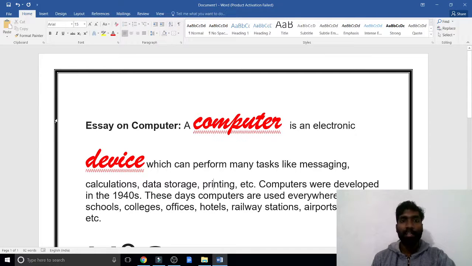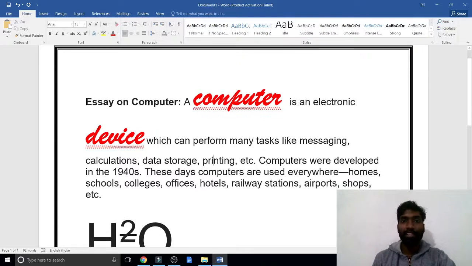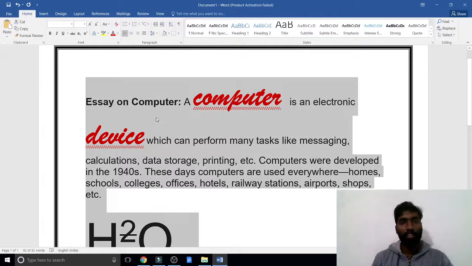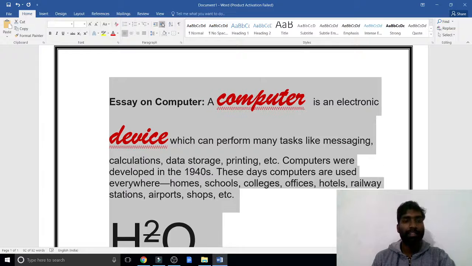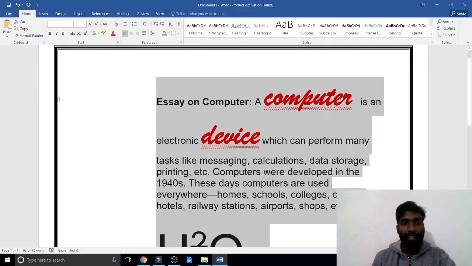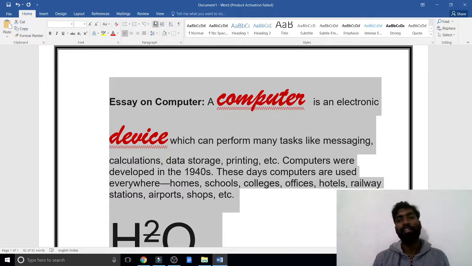Indent means the distance between the margin and the text. So here is the indent. Now just see, increase indent. So this is the indent. From here to here, it is the indent. Decrease indent is decreasing the indent.